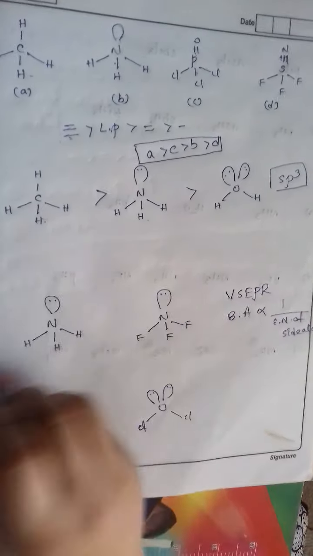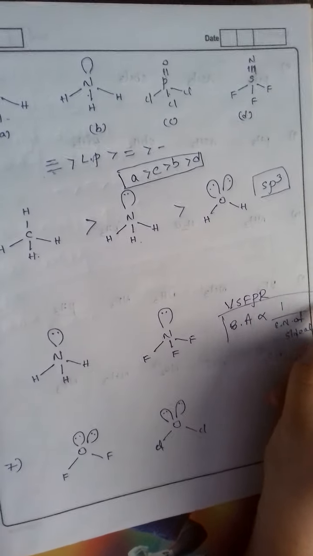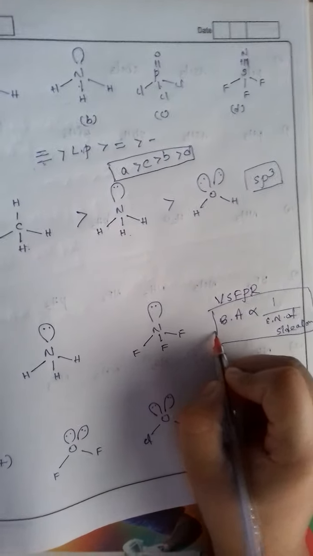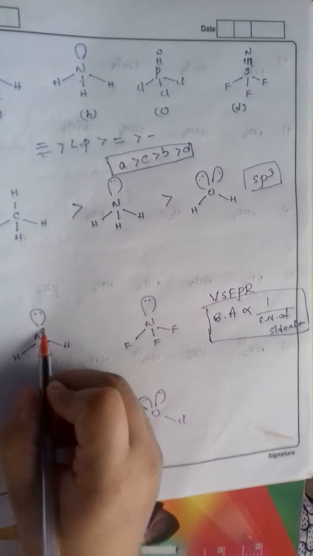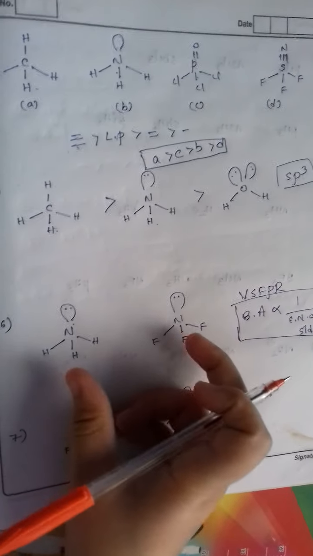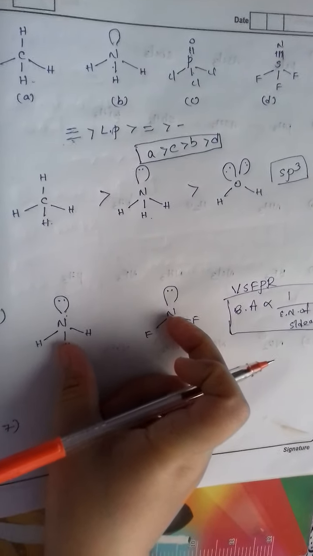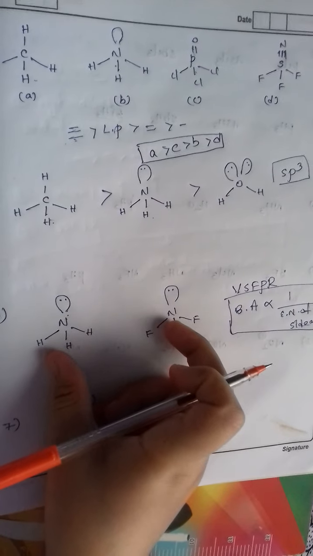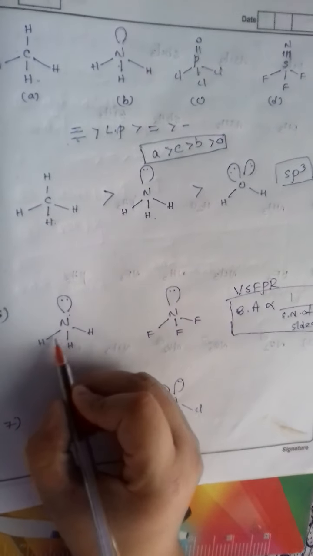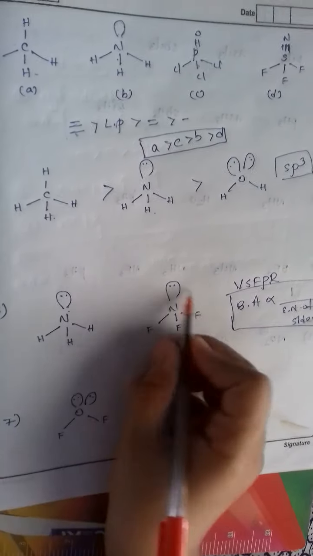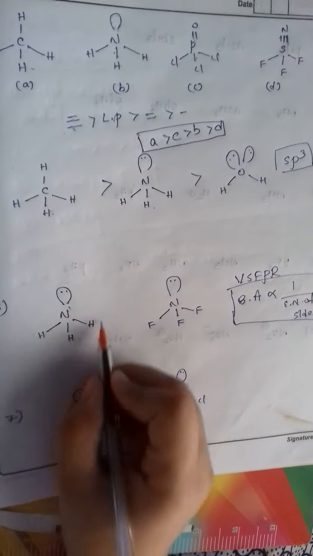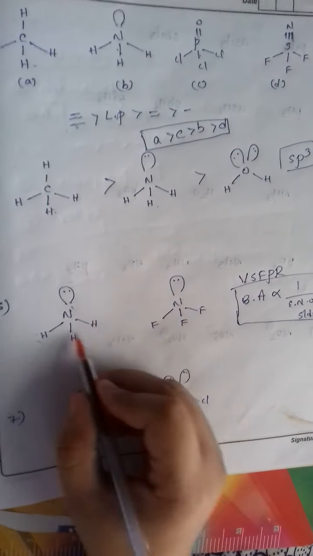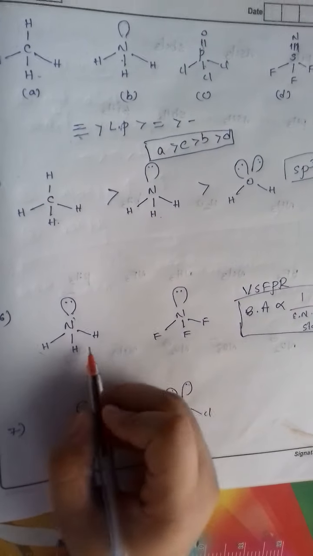Why am I saying this? You apply this when there should be a lone pair, and it should not have NBPER theory dominating here. So what we will do here: we can see that there is a lone pair, there is the same central atom, only the side atoms are different, and we will check their electronegativity.